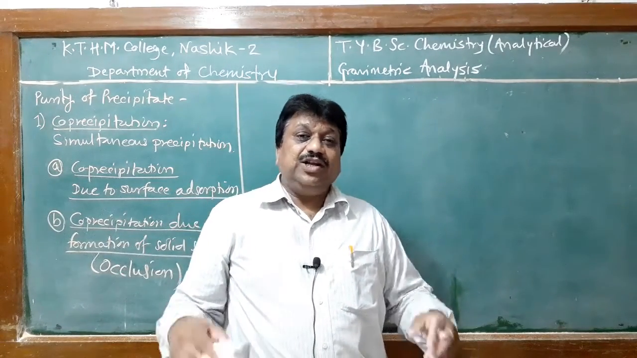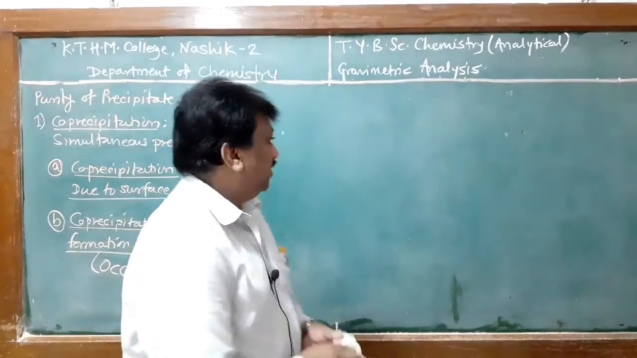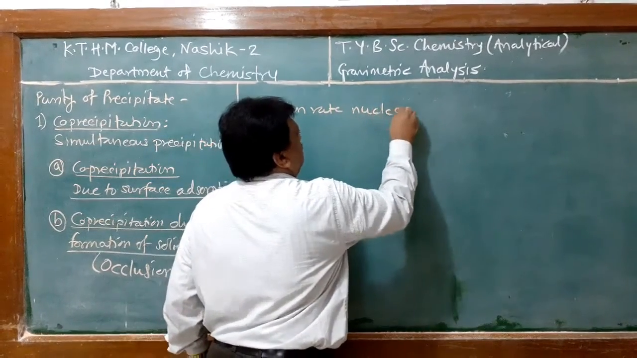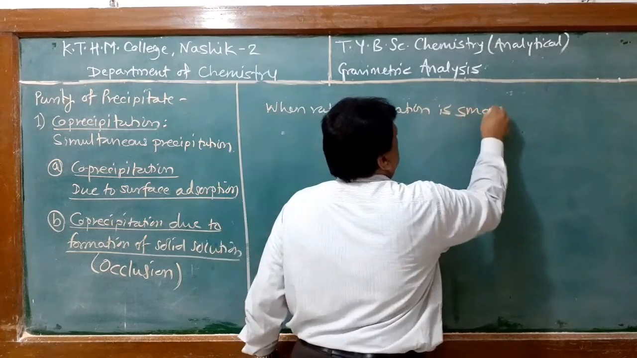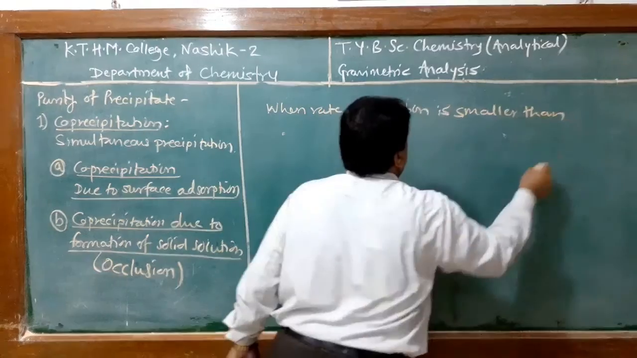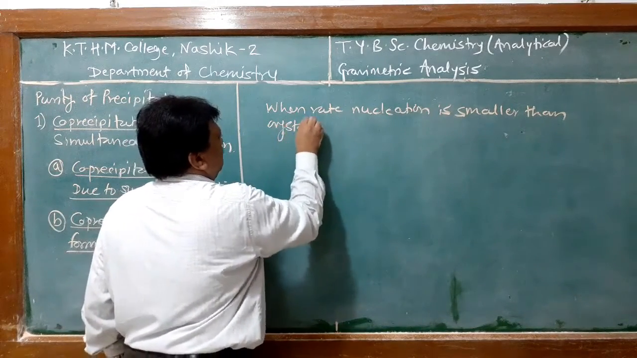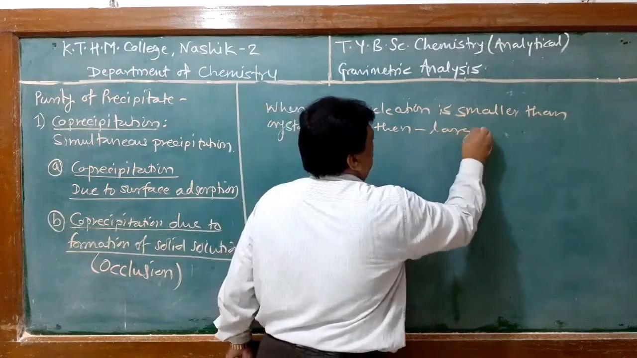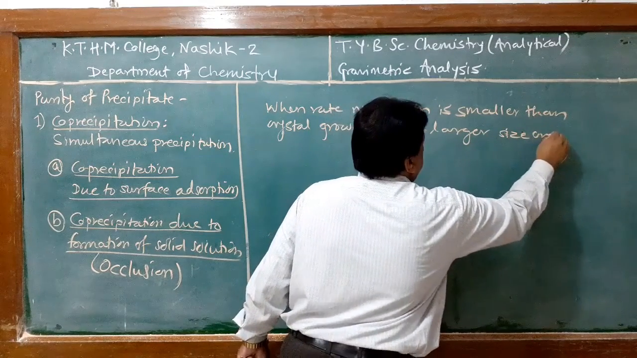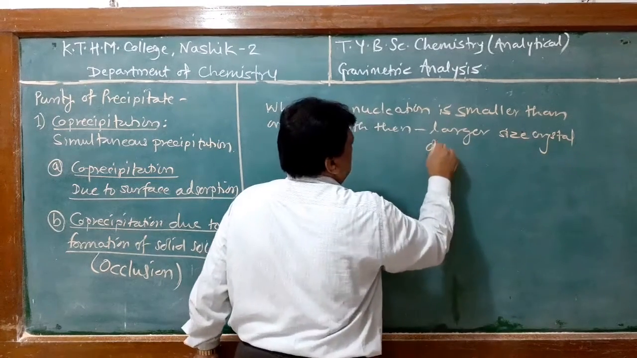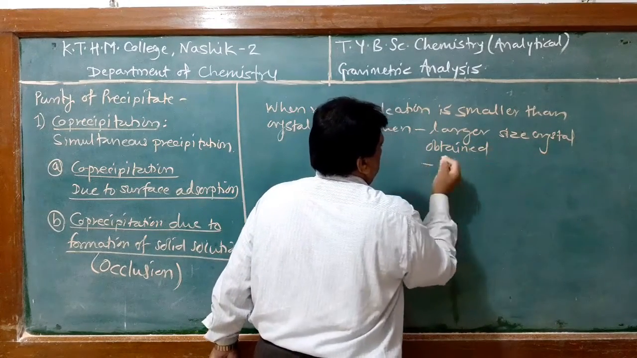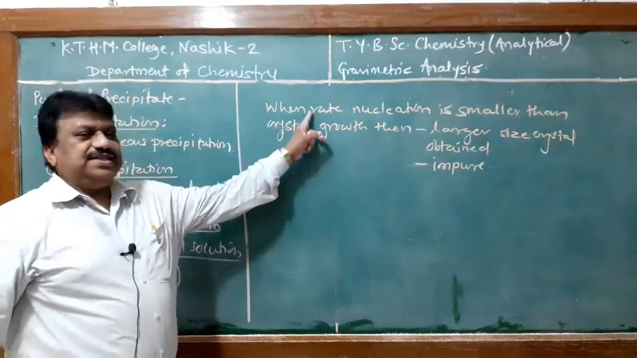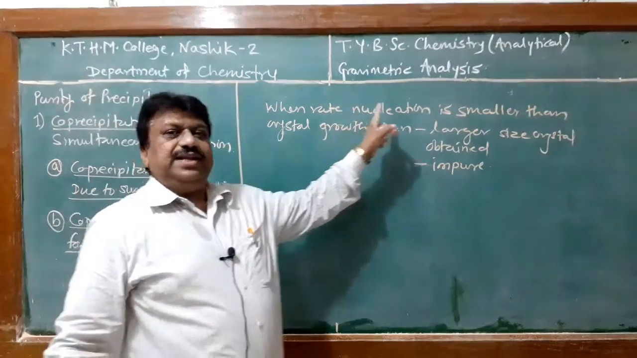But when the rate of nucleation is smaller than the crystal growth, then larger size crystals are obtained, and these are generally impure ones. Therefore, impurities in the crystal are because of this. When the rate of nucleation is smaller,